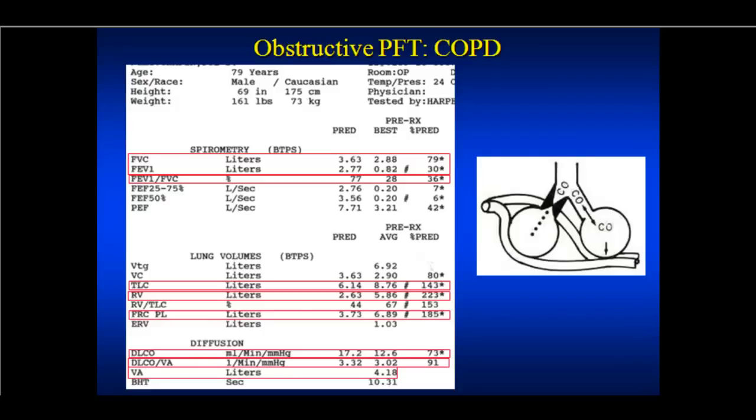Now, in this individual, when you did the VA maneuver, he was able to distribute gas in 4.18 liters. You see how large his total lung capacity was, so there's still a lot of air where it didn't distribute. And then when you, quote, correct the DLCO, it does, quote,